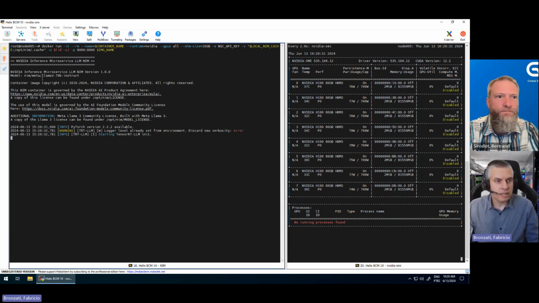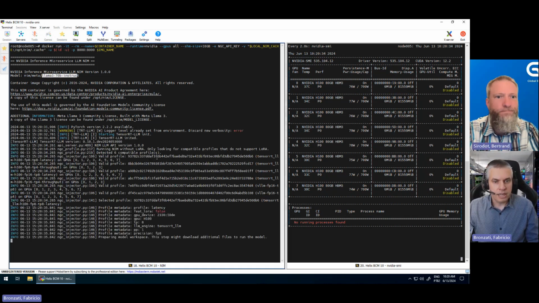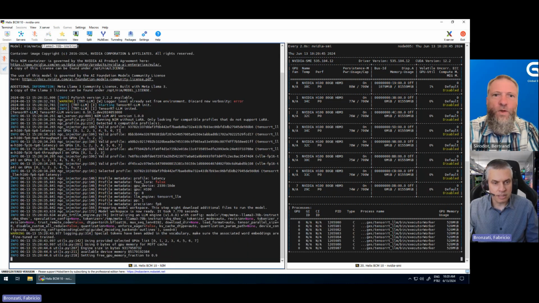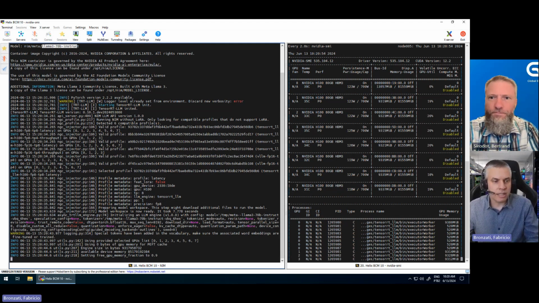When it starts, it shows the model that you are running. It shows some options that you can run, which NVIDIA calls profiles. I will give more details on that, but the container detects the profiles supported by my hardware and selects the best one for starting the service.